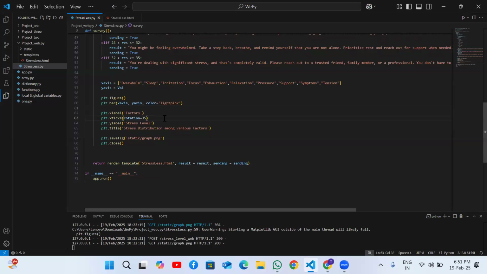And then plt.ylabel, this is used to label the y-axis. And then plt.title will give a name for the whole bar graph. And then plt.savefig, and in that static and a file name, we have created another folder called static, and this image, the bar graph that is generated, will be saved in the static folder